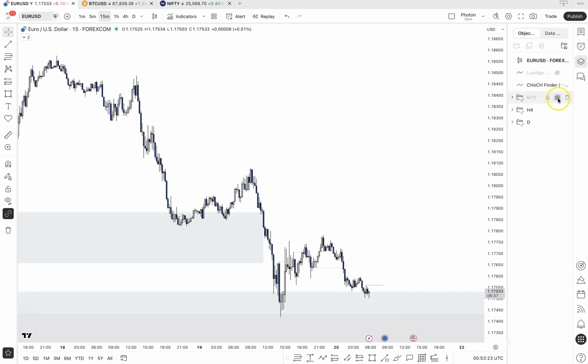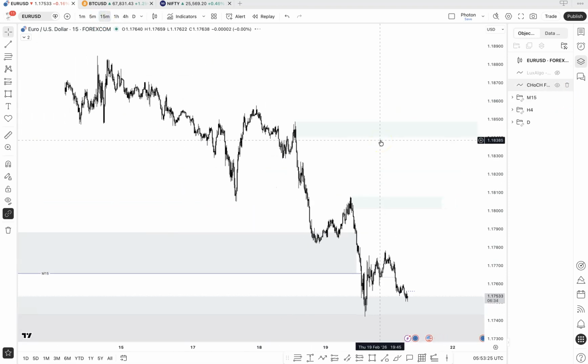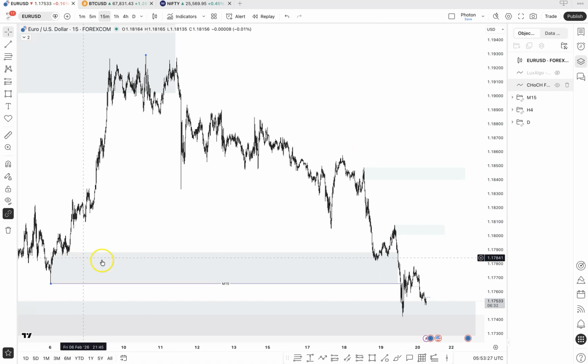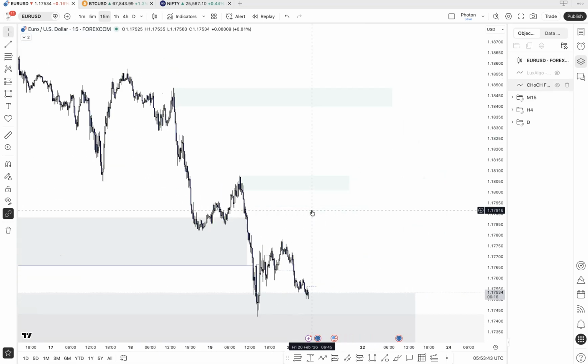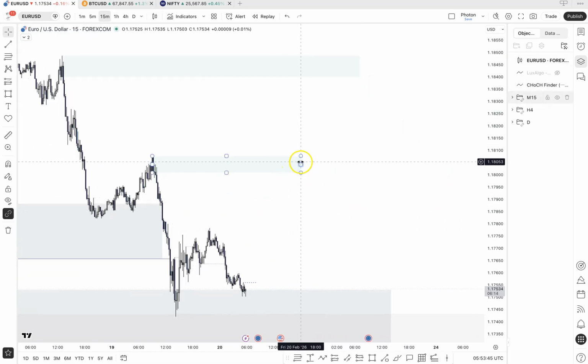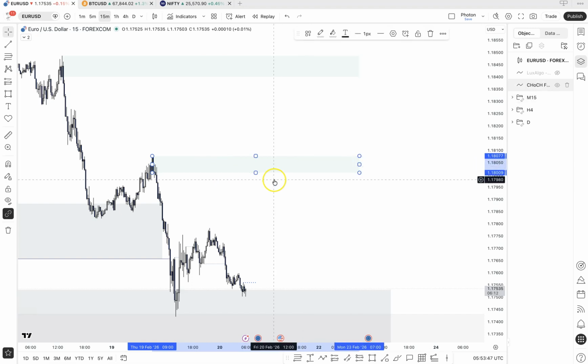Moving on to the M15. Well, the M15 is bearish. Why? Because we're playing the 4-hour pullback, or even the daily pullback. So obviously we've had a break in market structure over here. And after the break in market structure, we expect a pullback to happen. Now, where will the pullback happen till? Well, this is a reasonably strong zone.